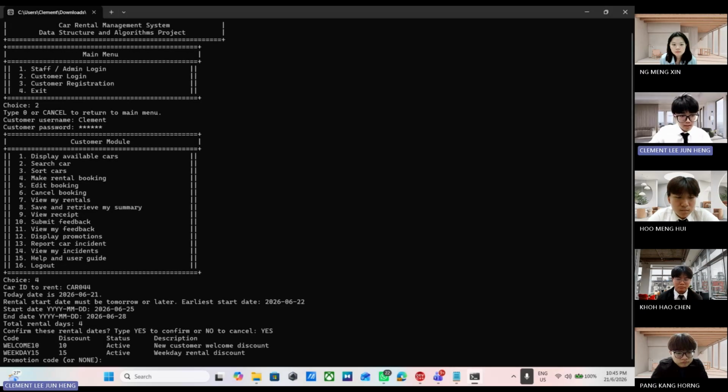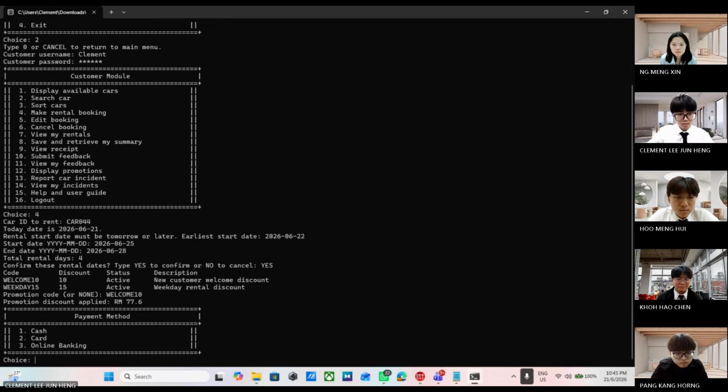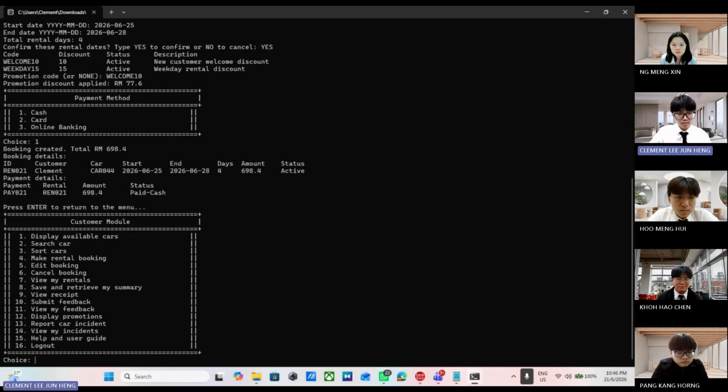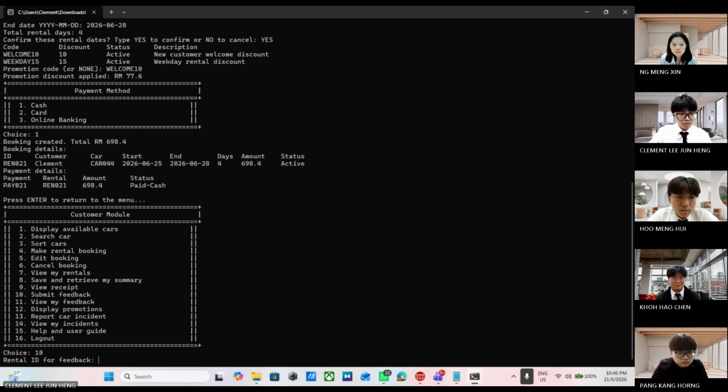Okay, so this is the promo code I use, Welcome Pen Cash. So this is my rental booking. So if I need to do the submit feedback, I need to enter my rental ID that I just made, so rent 021.